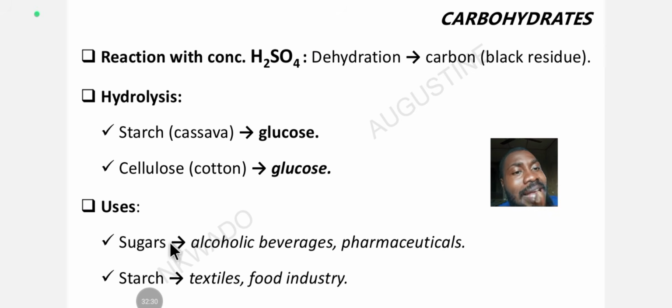Now let's look at the uses of carbohydrates. Sugars are used for alcoholic beverages. They are also used in pharmaceuticals, making of drugs. Some drugs are bitter, so they coat them with sugar so that you will ingest them easily. And sometimes they coat them with cellulose, so that if it's a drug that they don't want to dissolve